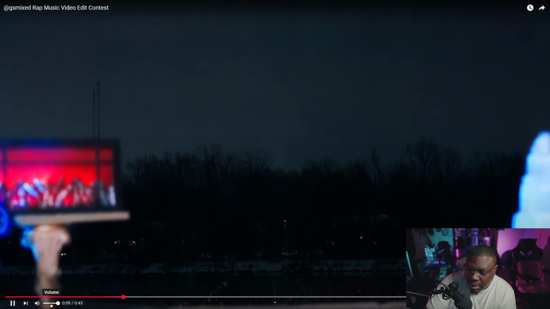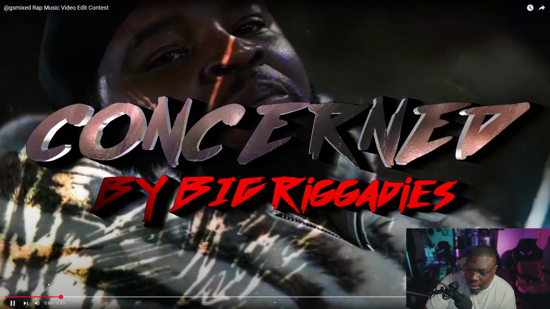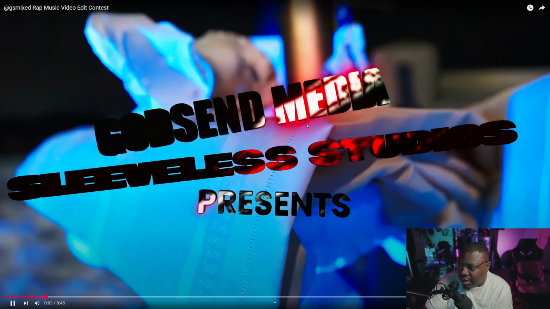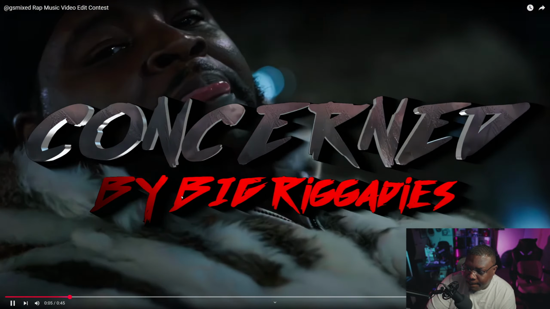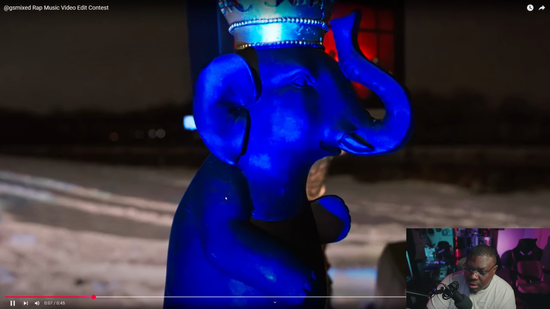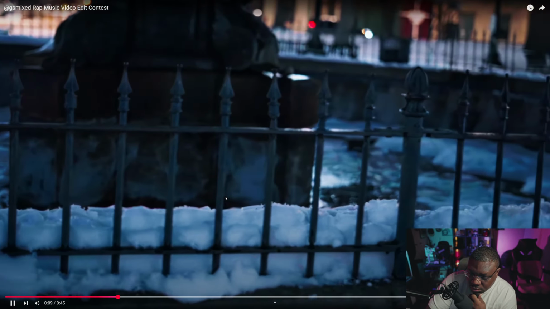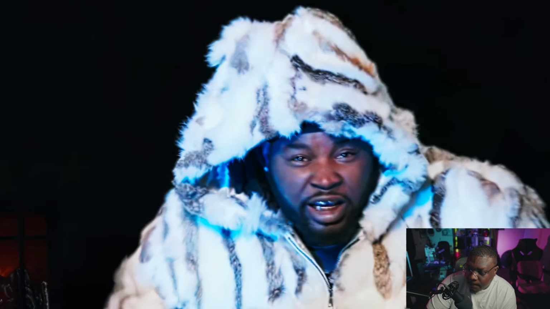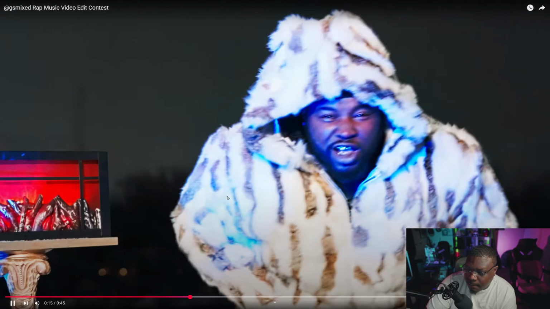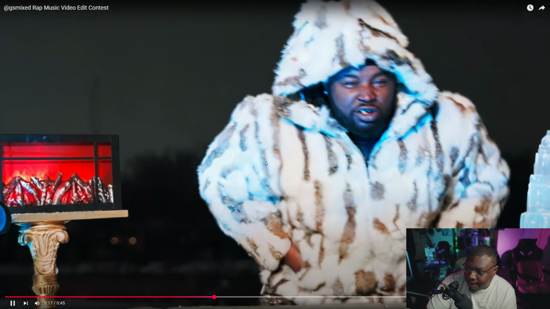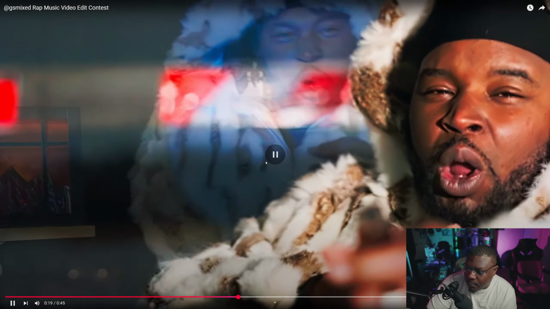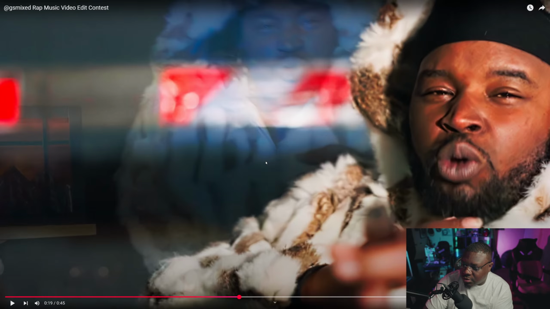Oh, go back here. I like the text, the titles. They came out real nice. I'm digging the transition too. This transition here, I really like the look, the crossfade.